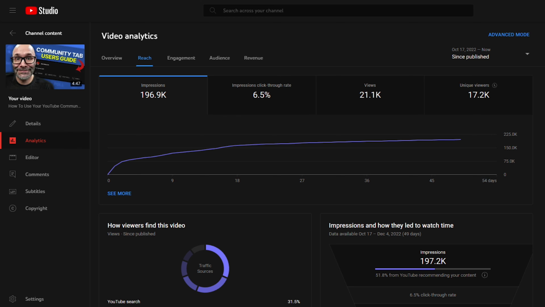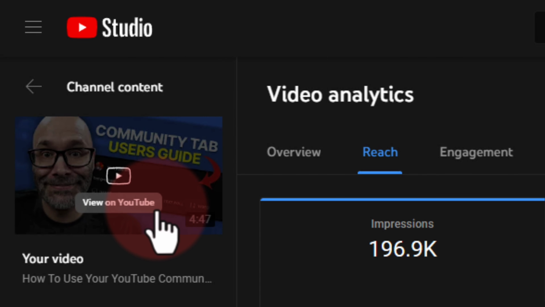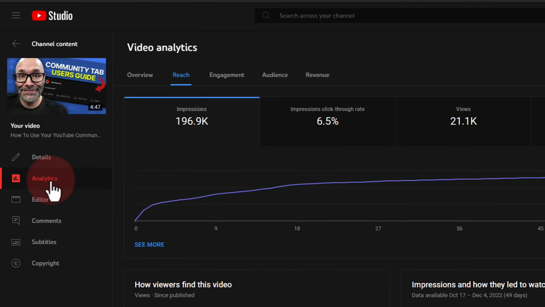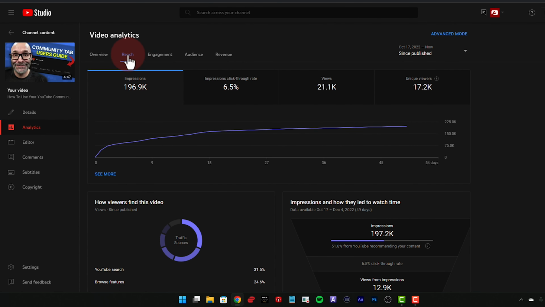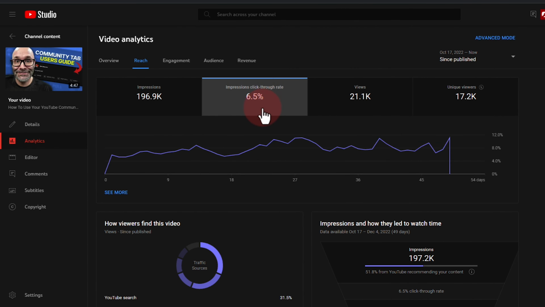Okay, so the very first thing is finding your click-through rate. What you have to do is log into your YouTube Studio, click into the video in question that you're wanting to uncover the click-through rate on, and then go into your analytics. Once you're in your analytics, you can get some general info by going into your reach tab. For example, you'll see here that after 196,000 impressions, this particular video has a 6.5%